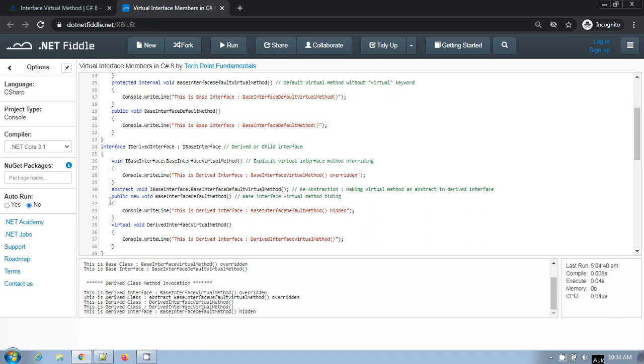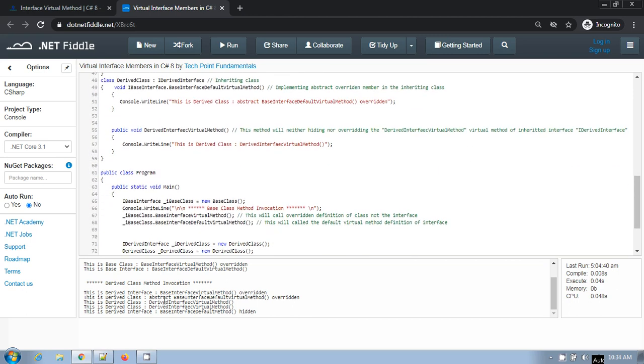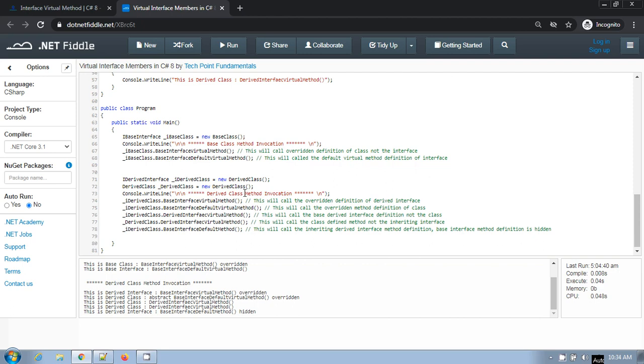So if you see here, the derived interface, this one, base interface default method, this is derived interface base.